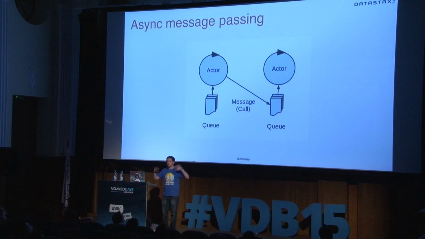Under the covers is this. Essentially, each actor has some form of queue. They call it a mailbox. So it goes in there, and then on a different thread, it will be received, and then it will be processed. There are some really cool properties of Akka, though, and it's particularly Akka on the JVM. The first one is, it handles everything to do with the Java memory model for you. So when you receive that message, you will definitely be able to see it. So you don't need to worry about visibility concerns.